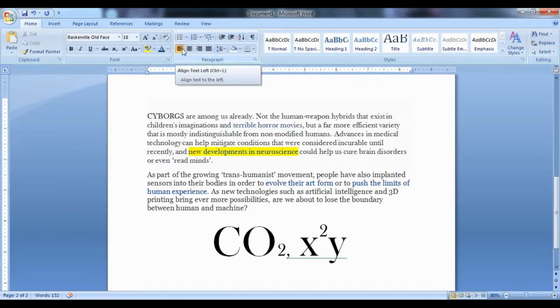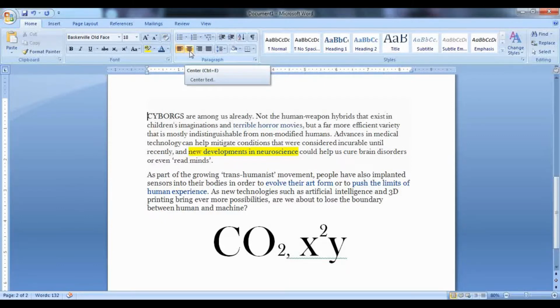Now let us come to these options. These options are to align your data, to align your content. So if you look here, this is to align the text to the left side, and the shortcut key will be Control plus L. Similarly, this is to align the text to the center of the page.